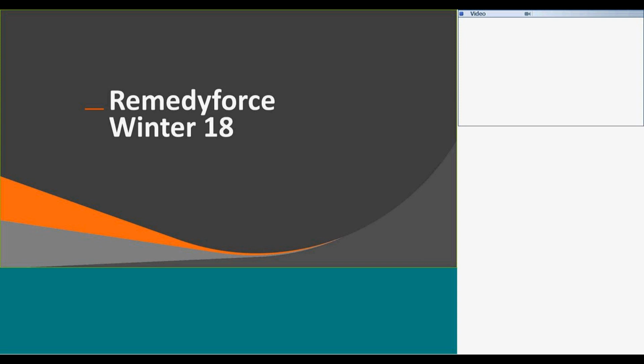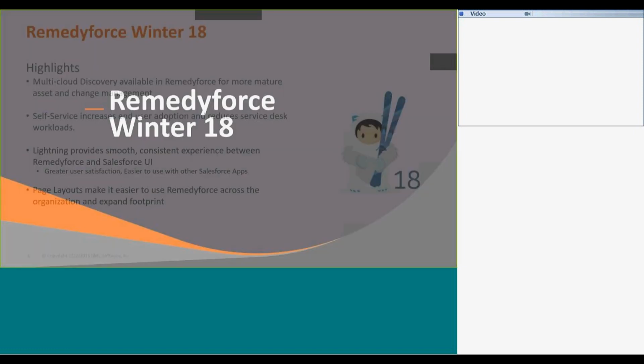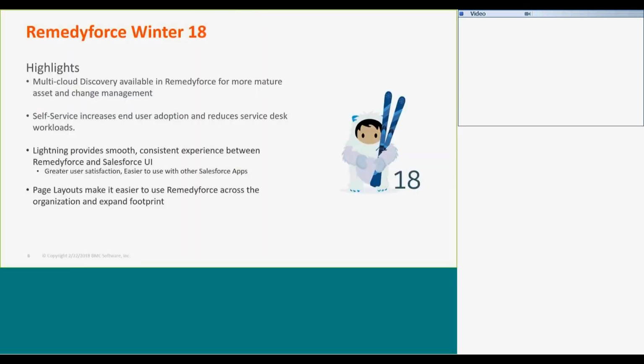If you have upgraded your sandboxes already, or production already, we will have a hotfix in place by mid to end of next week, so we'll be addressing that very quickly for you. That said, with Winter 18, it is available now, and many of the other capabilities here are pretty important for a lot of our customers. So first off,